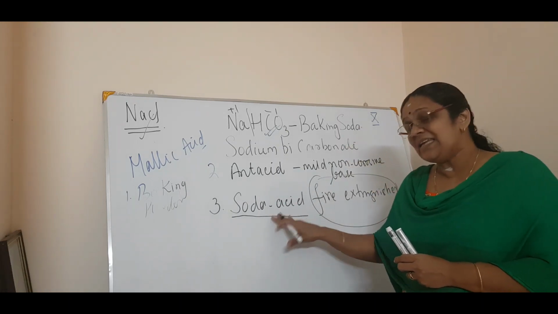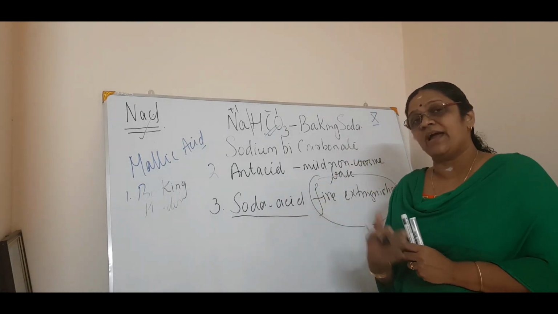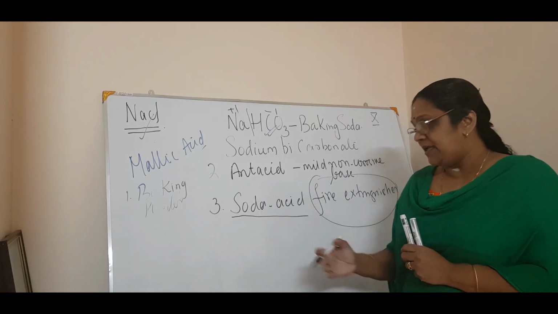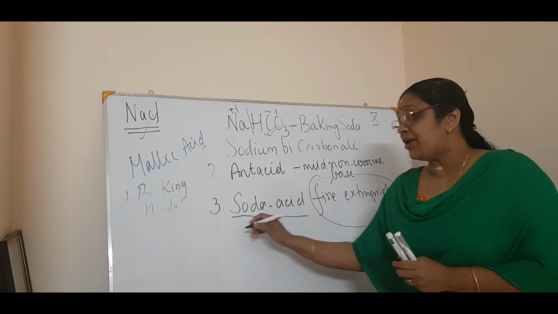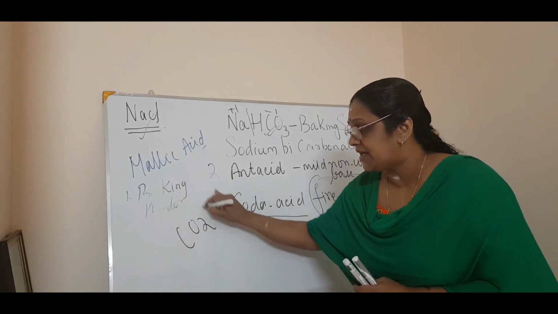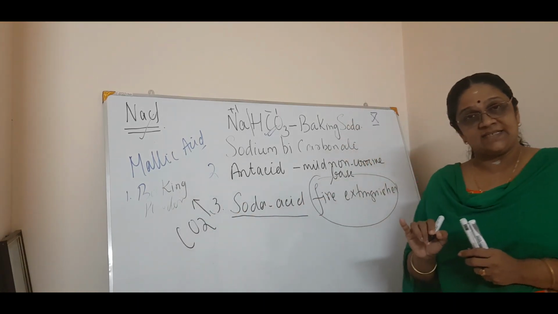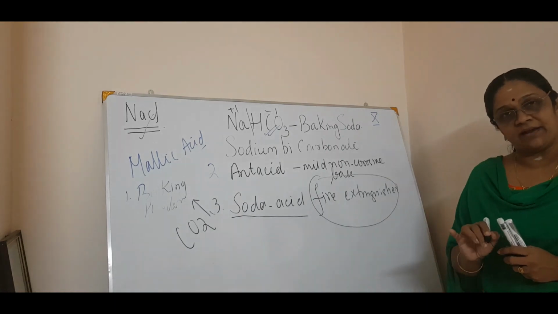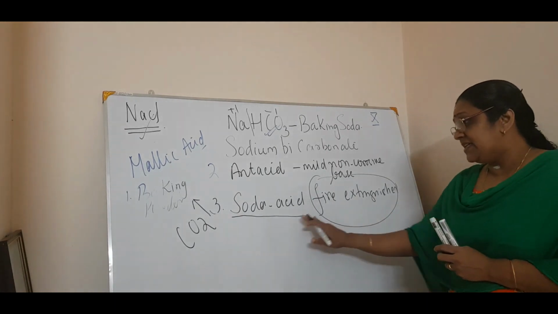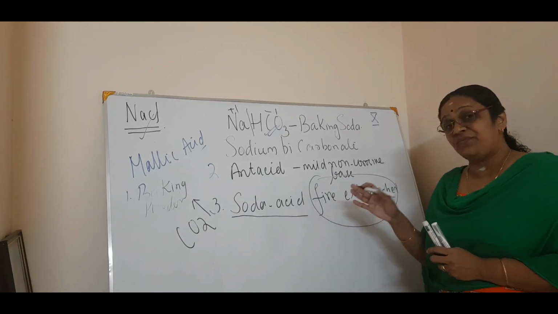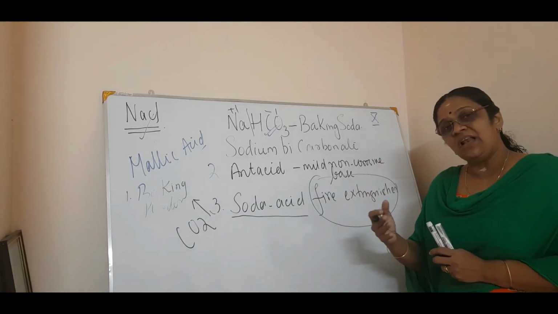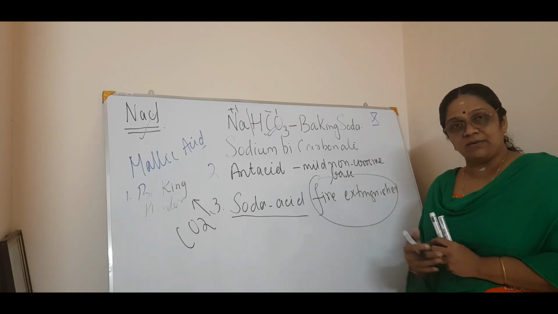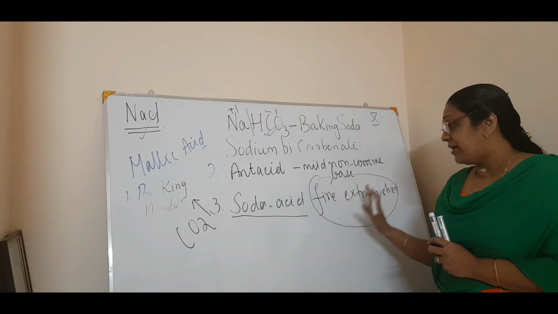So what is exactly the reaction, or the chemistry behind this fire extinguisher? That means, which gas is an extinguisher? Carbon dioxide gas. You know, carbon dioxide is a fire extinguisher gas. It will extinguish the fire. So, in this soda acid fire extinguisher, which gas is produced? Carbon dioxide gas is produced. So that will cut off the fire when fire comes. So that is the use of fire extinguisher.